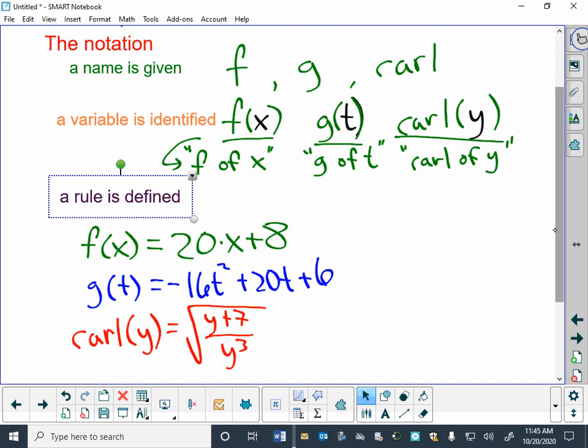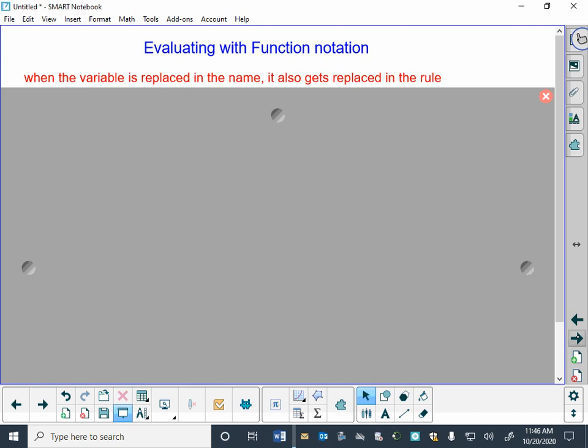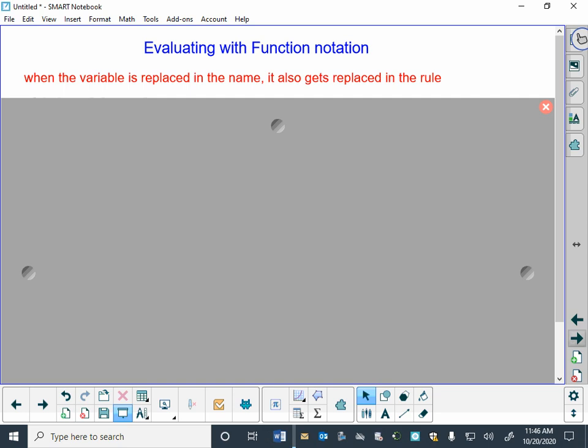So this is the notation that we're accustomed to seeing with functions. It's got a name, it's got a variable, and a rule that tells you specifically what to do to the variable to get to the output of that function. Okay. So now let's look at what we do with that notation now that we've got it. One of the big things is evaluating functions. And the thing to remember is that when you're evaluating a function, all it means is that if the variable in is replaced in the name of the function,